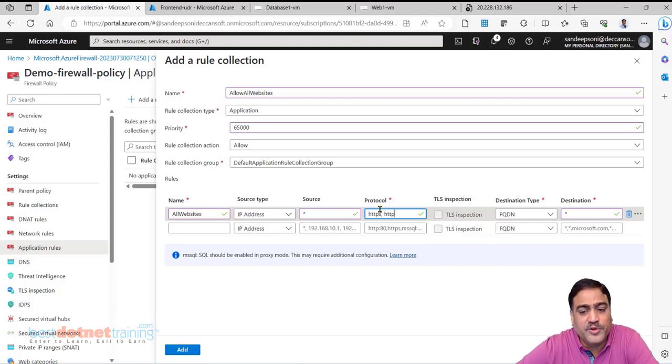The default port of HTTPS is 443. The default port of HTTP is 80. Both allow. Otherwise you can write like this also. HTTP colon 80, HTTPS colon 443. Even that way you can write. And add.